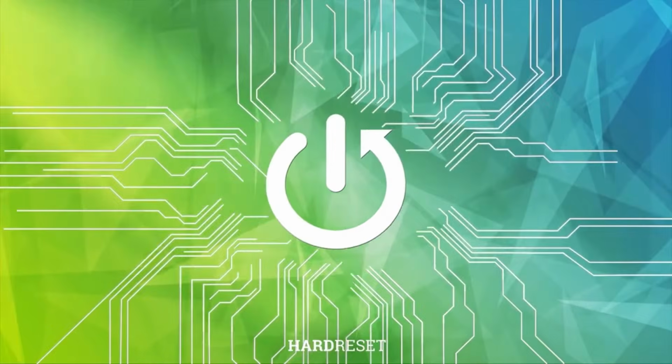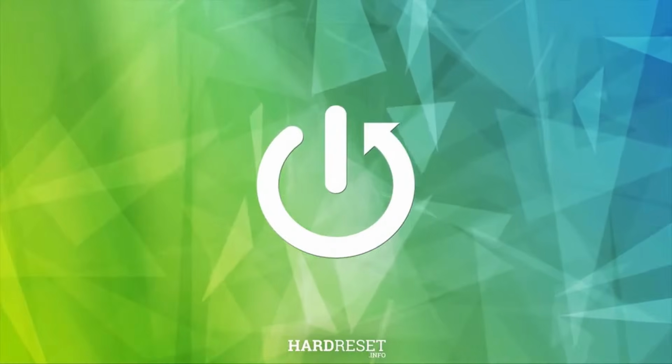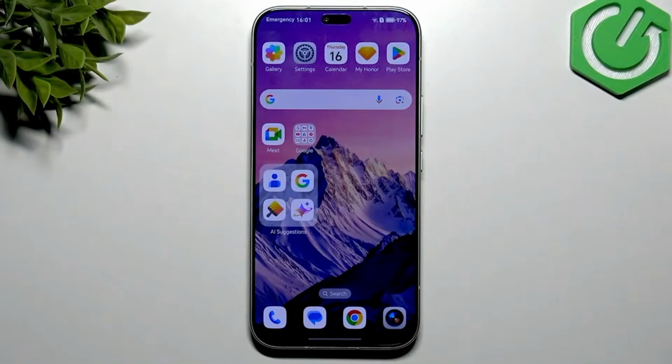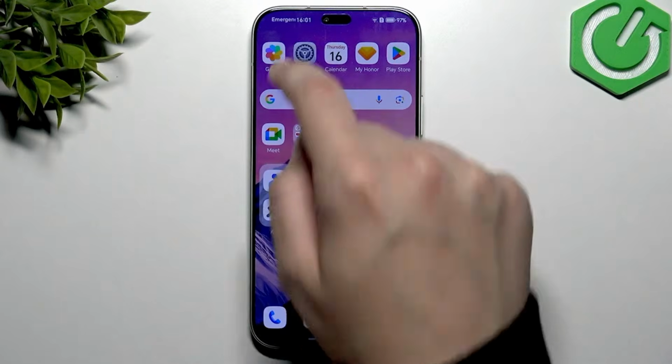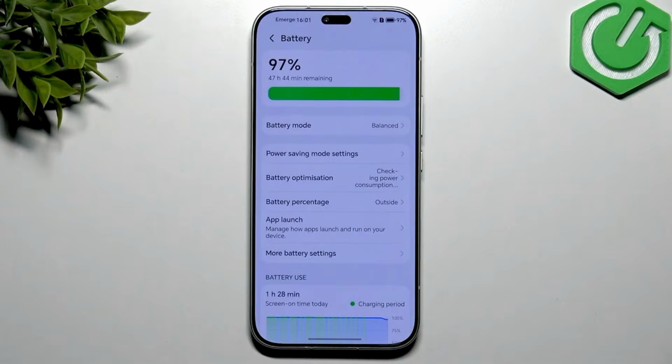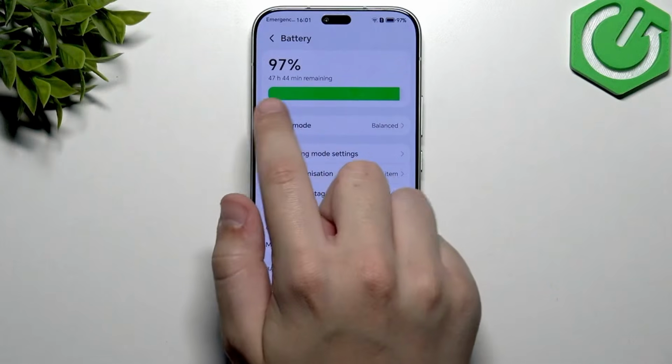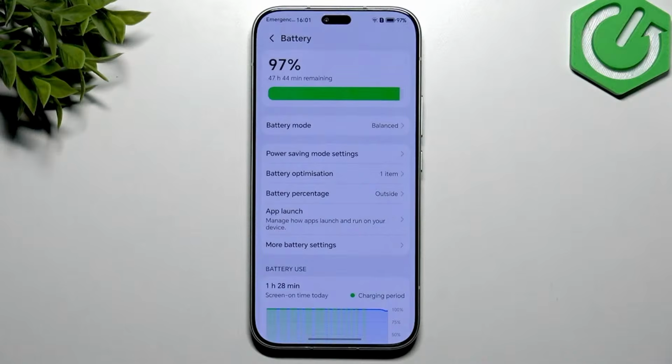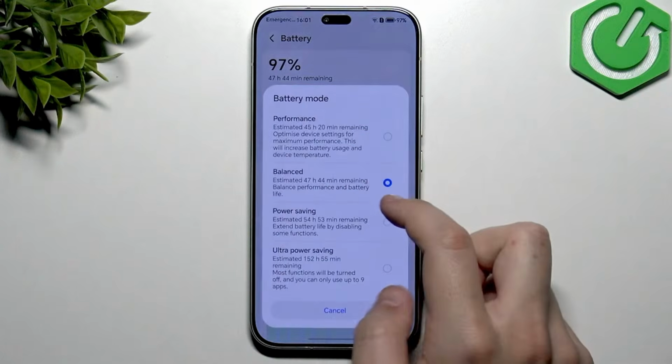In today's video, I'll show you how to easily enable battery saver mode and how to extend your battery life to 2+ days on your Honor 600 Lite. So as you guys can see, we got the phone right here. Now what we are going to do is open up the settings app, and here in the settings we're going to click on battery. Here, as you guys can see, we got 47 hours and 44 minutes remaining because we are at 97%. But what we are going to do is go to battery mode and change